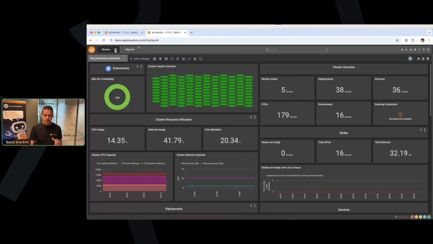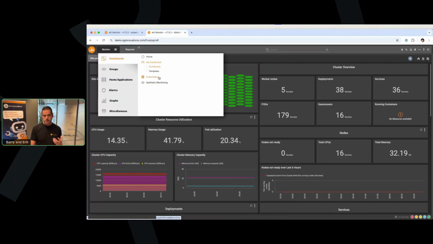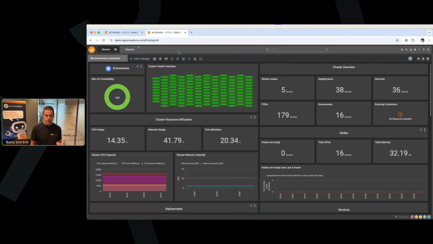And I'm already logged in, and we see two tabs. So we have the Monitor tab, and we have the Reporter tab. In the Monitor tab, you could say that all active metric data is there. We have all kinds of dashboards. We have out-of-the-box dashboards, but we also, like over here, that we'll handle in a bit. And we also have the ability to create your own dashboards, just as I explained. In the Reporter tab, you will find all kinds of out-of-the-box reports that we'll handle in a bit, where you can exactly specify the timeline for which you want to see the data in the report.